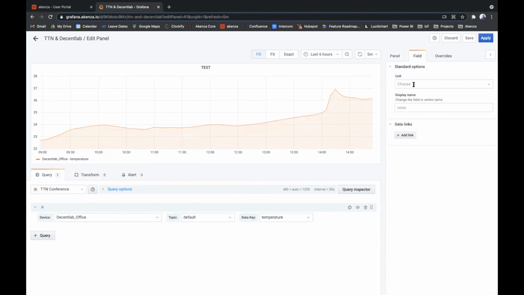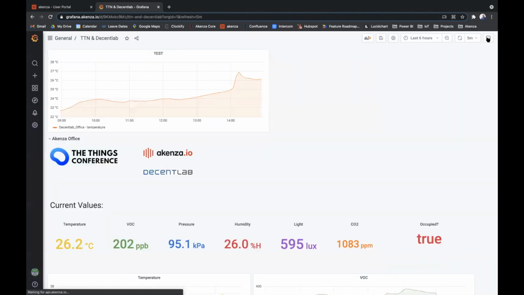We can set up another color, for instance, and also the correct measure. And that's it. We have another graph showing the temperature again, easily set up in minutes by using Akensa, a Decent Lab sensor that we have set up in minutes, and